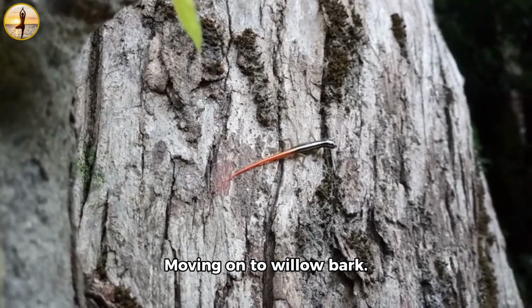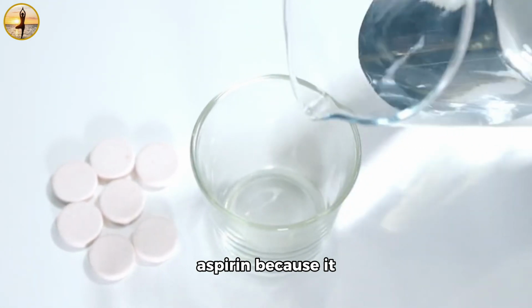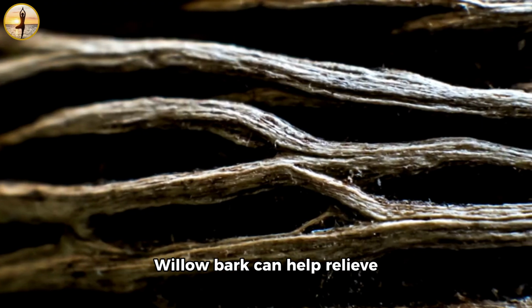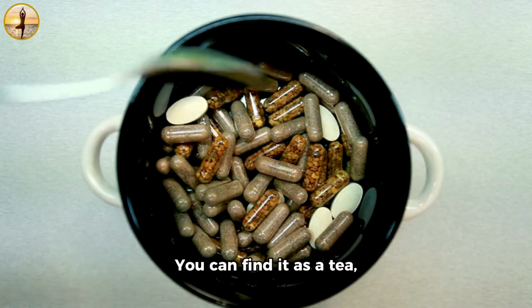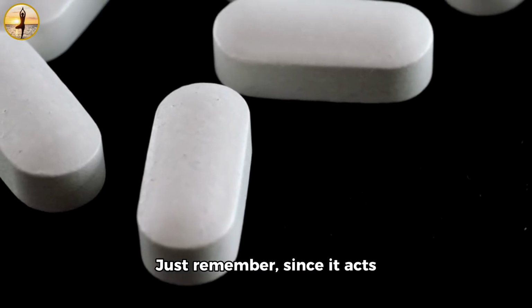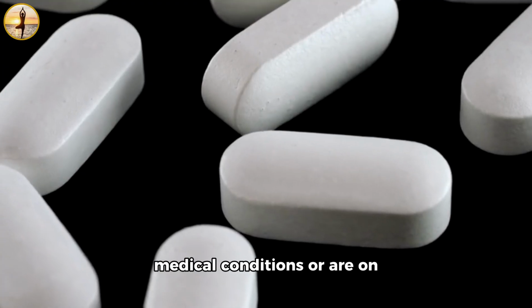Moving on to willow bark. This ancient remedy is often called nature's aspirin because it contains salicin, a compound similar to aspirin. Willow bark can help relieve lower back pain, arthritis, and other types of inflammation-related pain. You can find it as a tea powder or in capsule form. Just remember, since it acts like aspirin, it's best to avoid it if you have certain medical conditions or are